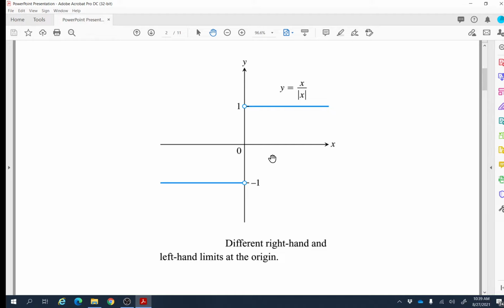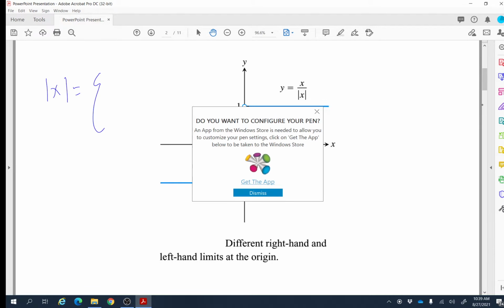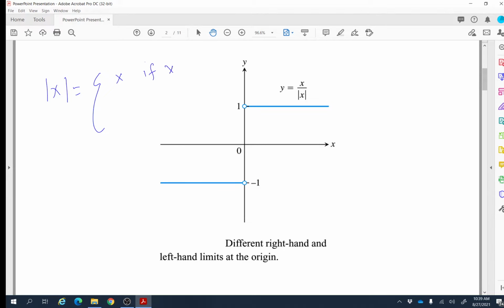Since we know that the absolute value of x is actually x itself if x is greater or equal to 0, or this is negative x if x is less than 0. So meaning for any negative number, the absolute value is the negative of that number, which is eventually positive. We're going to use this definition here, but make sure that because x is on the denominator as well,